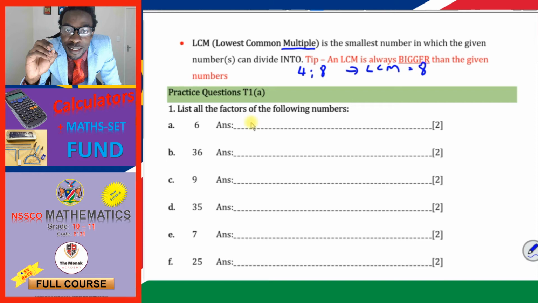Alright, we start on practice questions. T1A, it means topic 1, part A of topic 1. Number 1 says, list all the factors of the following numbers. So the easiest way of dealing with factors